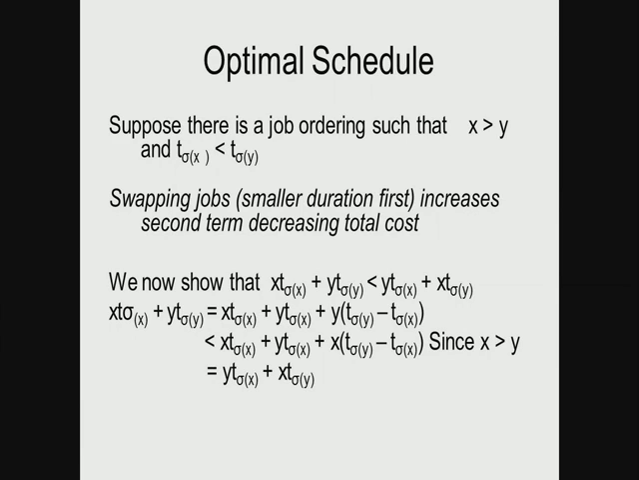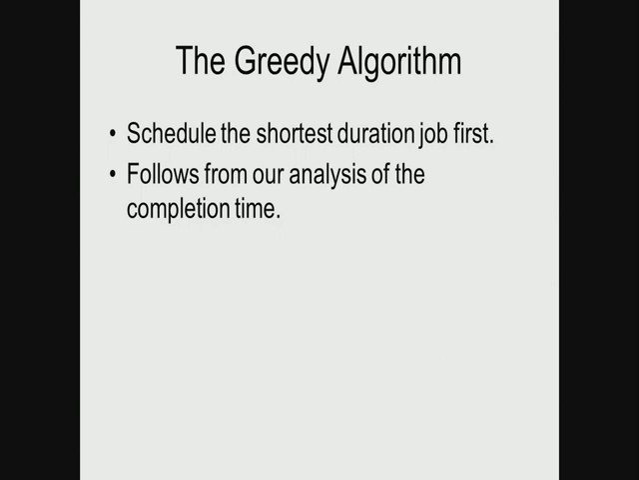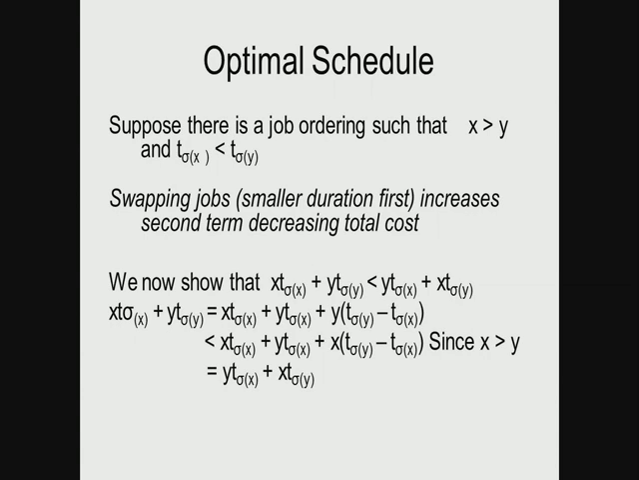This is very easy to see by the following sequence of expressions. By just rewriting x times t subscript sigma of x plus y times t subscript sigma of y, this sequence of expressions actually shows that the exchange actually increases the value of the second term. As a consequence of this, it is clear that if we start off with an arbitrary ordering and if we identify